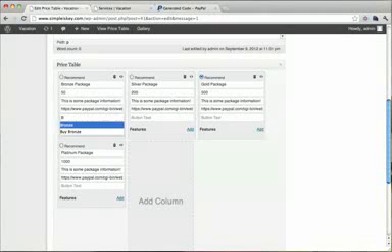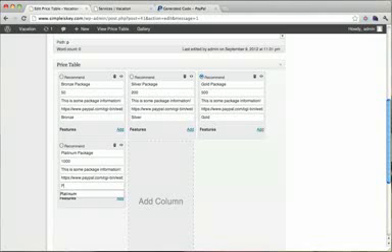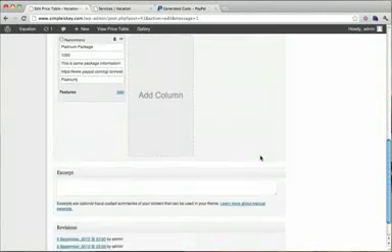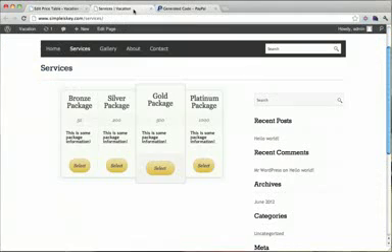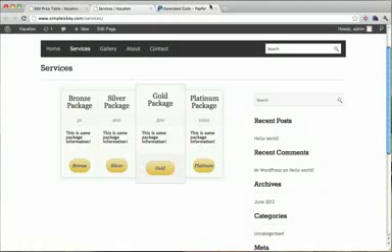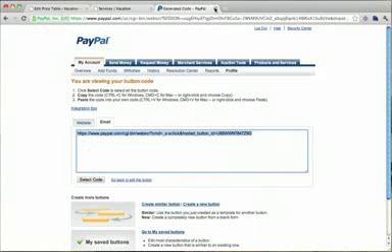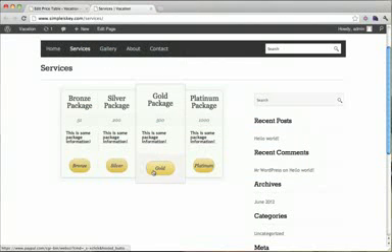We're just going to say bronze, silver, gold, platinum, and click update. Then click refresh. And now when we click on our gold package,